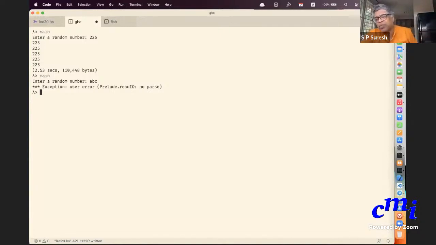So that's a problem always, because there is no parse for ABC as a number. It cannot read ABC and interpret it as a number. Because what is happening? Even though I typed a number, it is actually a string. It is a string with 3 characters: the character 2, the character 2, and the character 5. Internally, it is running some algorithm to convert from a character list to a number.